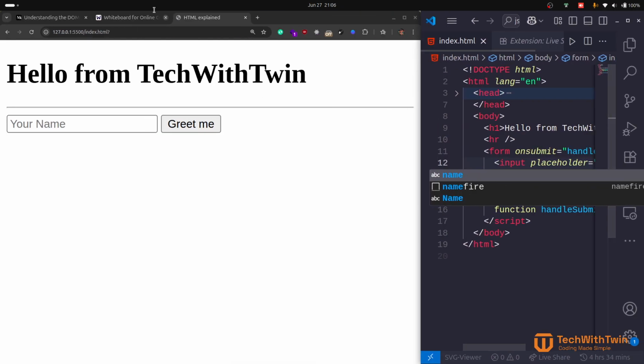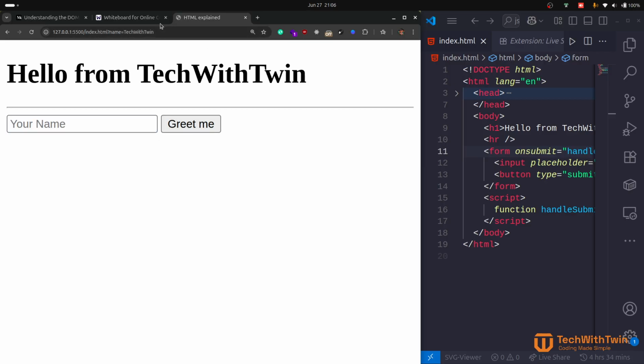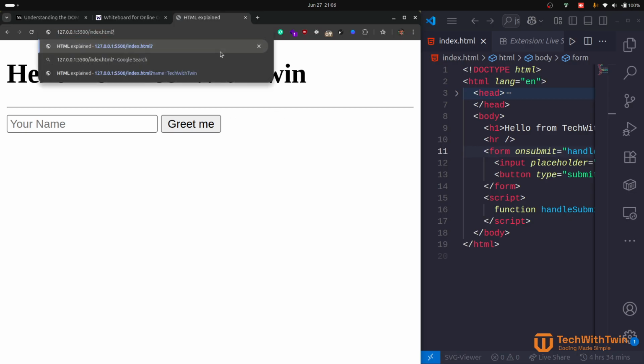So let's do this. If I added that, as I told the input to be called the name, if I say TechWithTwin and click, you can see on top of the URL, JavaScript. No, the HTML default way of doing things is that it navigates to a URL. Let me just explain. So it goes to another URL and adds these items as parameters. So to prevent this default behavior,